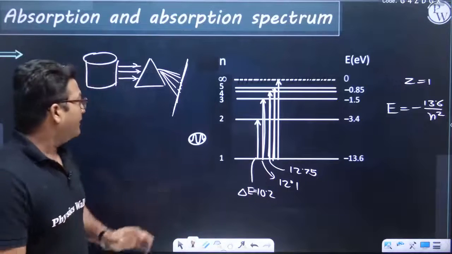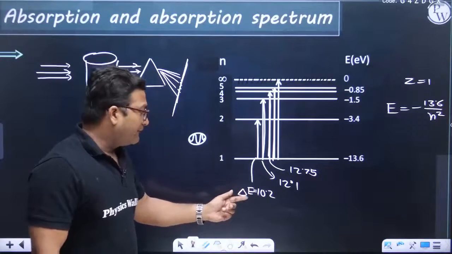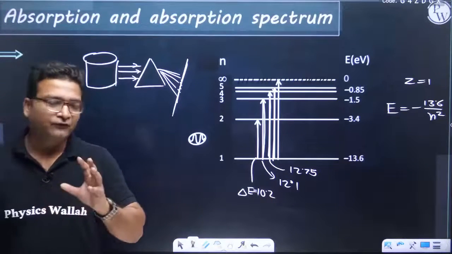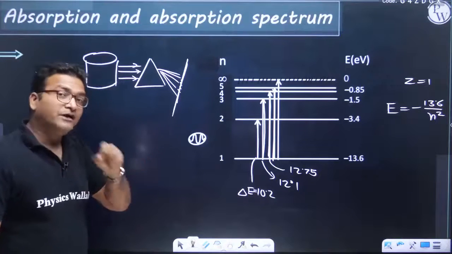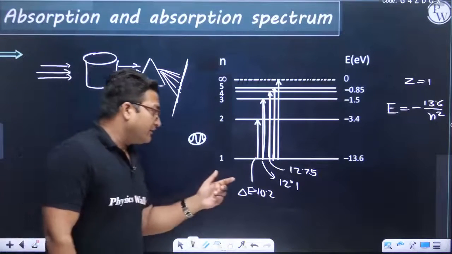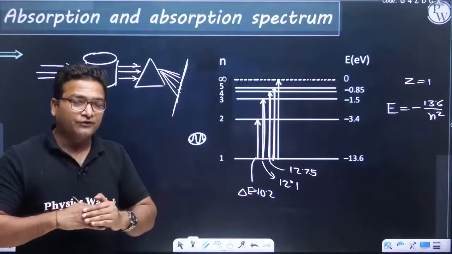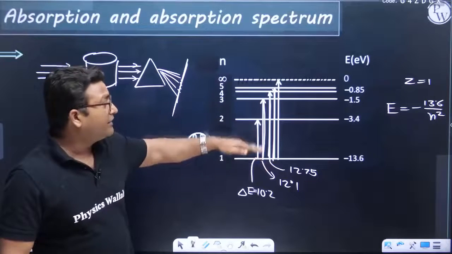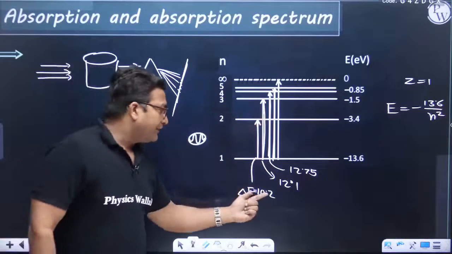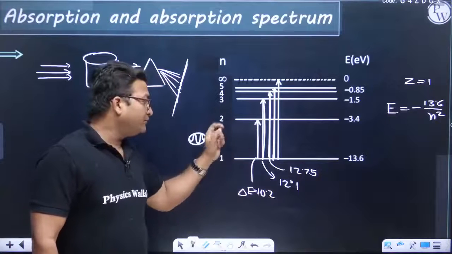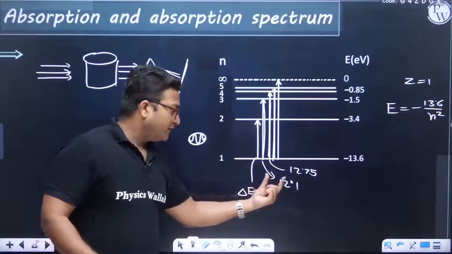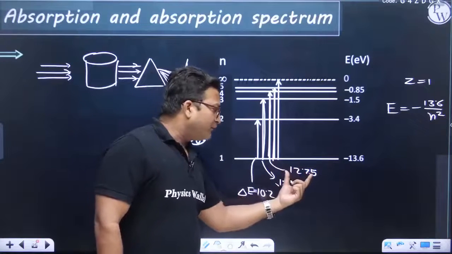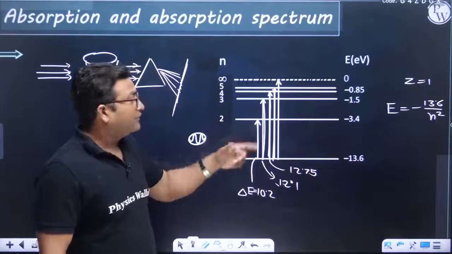And remember this point, if electrons have energy 10.2, they will... I'm saying electron, but I must say photons. So photons are being bombarded and photons are being absorbed. So what we see is that photons will be absorbed if they have energy exactly equal to the difference between the ground state energy and any of the excited state energies, right? So 10.2 is the energy difference between 1 and 2, so a 10.2 photon will be absorbed. 12.1 is the energy difference between 1 and 3, so this will be absorbed. 12.75 is the energy difference between 1 and 4, so this will be absorbed.